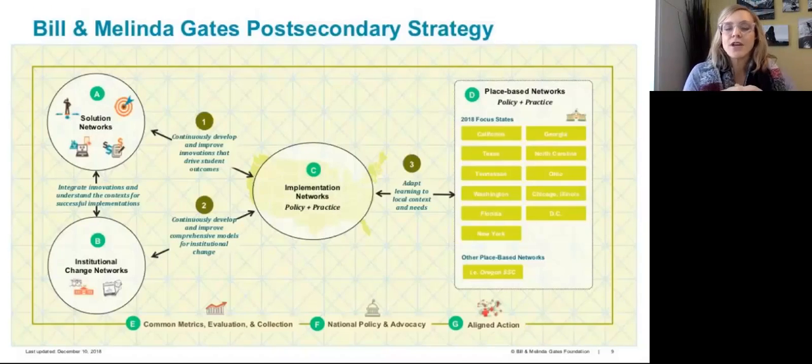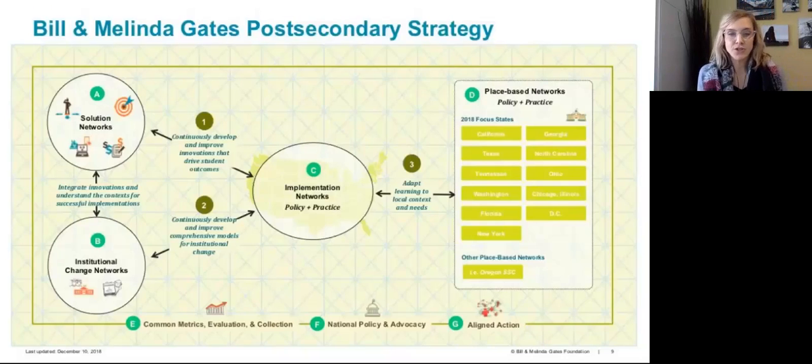So I included this diagram because it's really important for you to understand where we sit, JFF, the network, and the centers, within the Gates Foundation strategy, because that's the impetus and the motivation that the foundation has for investing in the network and the centers.